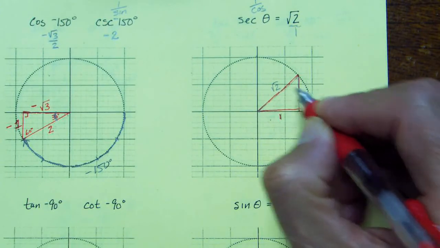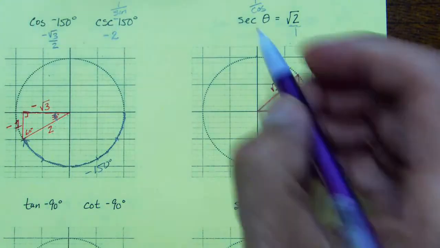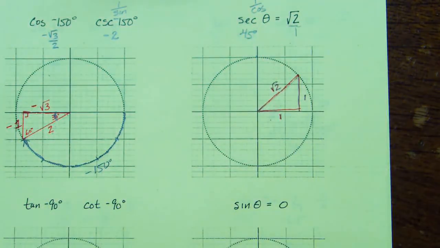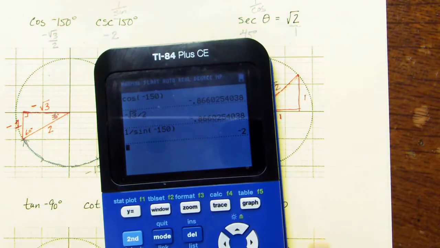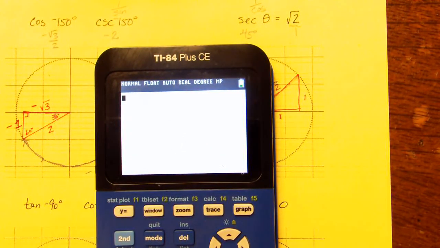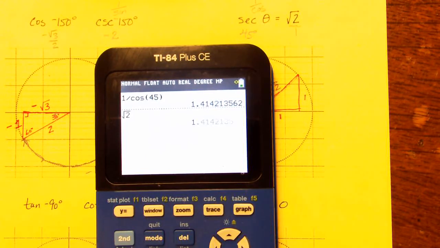We've got the 1, 1, √2, meaning I'm pretty sure this is 45 degrees. A 45 degree angle would have a secant ratio of √2 to 1. And let's go ahead and check that. So I'm going to do secant, so 1 divided by cosine of 45 degrees works out to be 1.414. Now I have to see if that's the same as √2. So second √2, it is